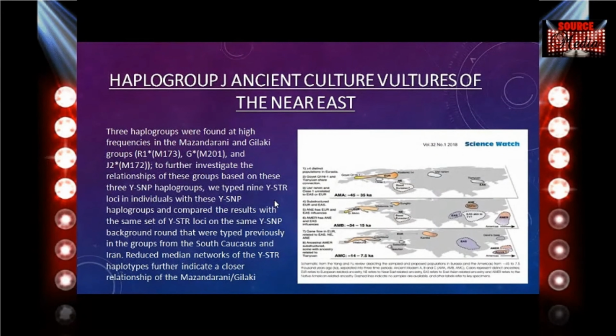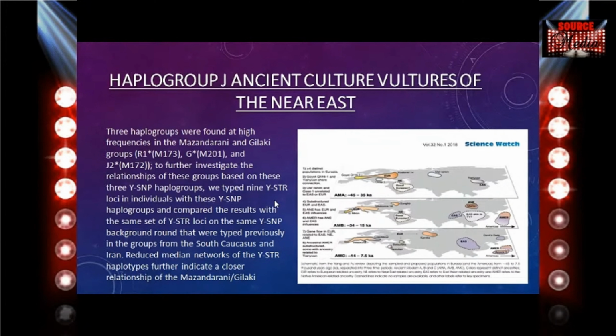All right, Haplogroup J, culture vultures again. Now, this is going back to that graph I showed y'all earlier. I put it over here to the side, and we're going to talk about it after we go here. 3 haplogroups were found in high frequency in those 2 groups: R1, G, and J2. All of these are European lineages. Am I lying, Yeshua? These all go back to F lineages, right? All European Japhetic lines. I'm just checking.